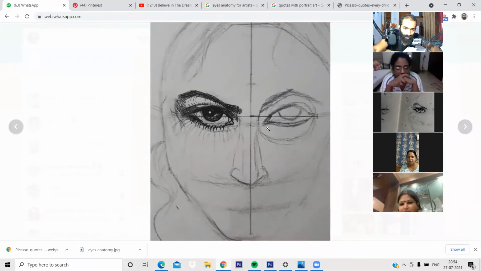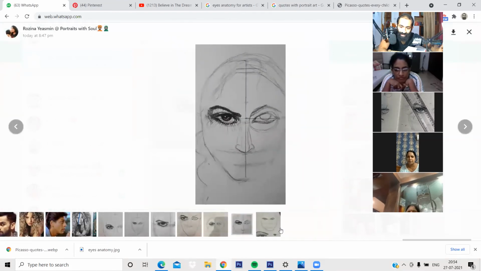When I measure this one here, each eye is 3.5 centimeters. Yeah. The spacing between the eyes is only 2.5 centimeters. What happens in a lot of cases, why this narrowness occurs, is you will first draw an eye.